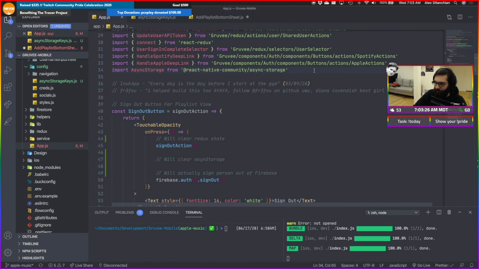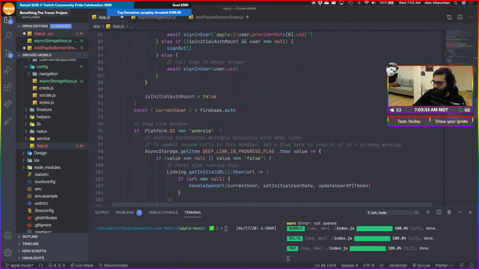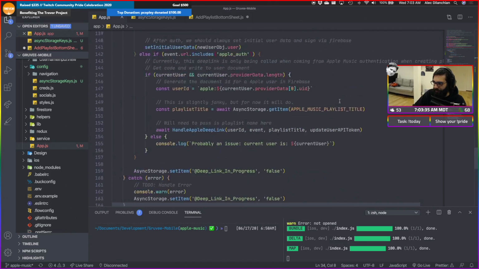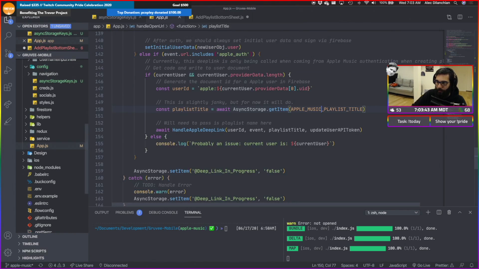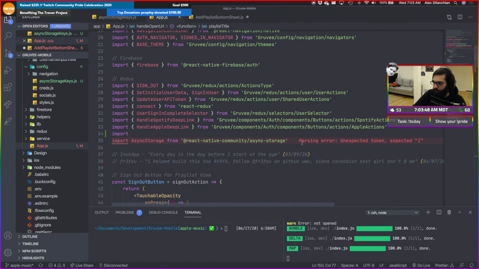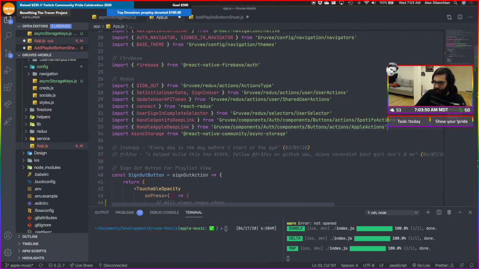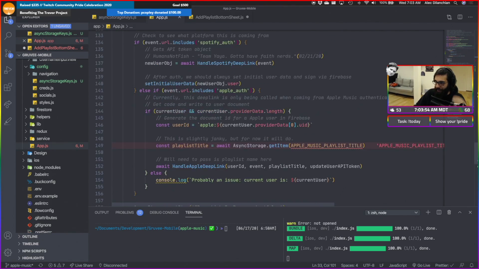And what we can do is say import the two that we need here. Oh, it's because of that. Okay, cool. So we need deep link in progress flag and Apple Music playlist title.